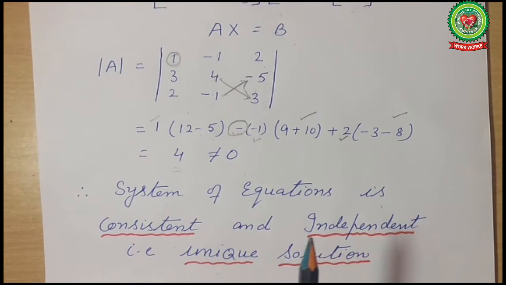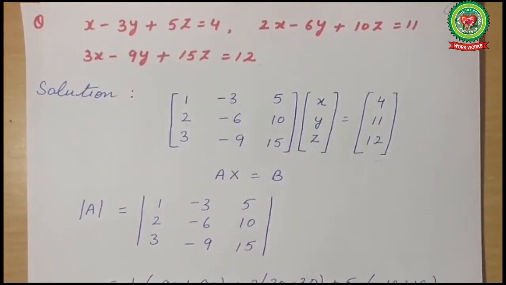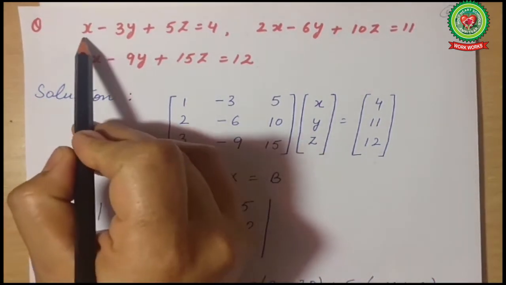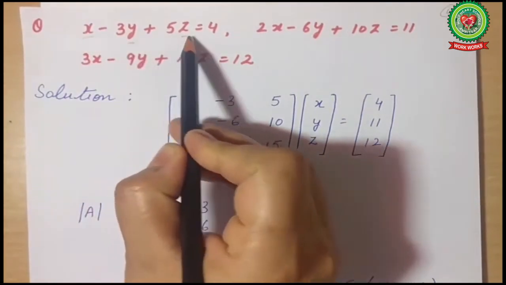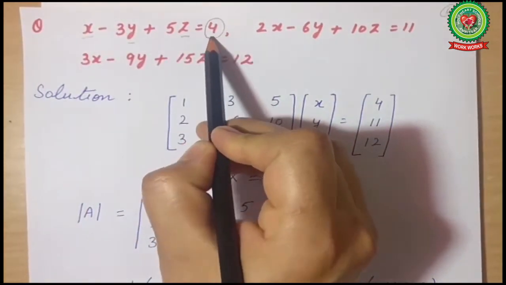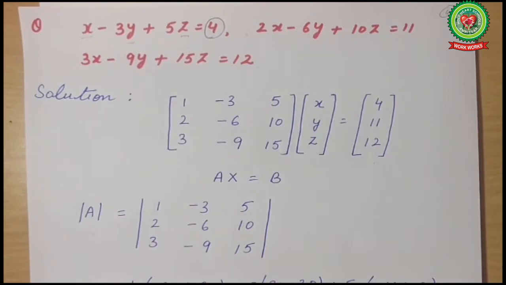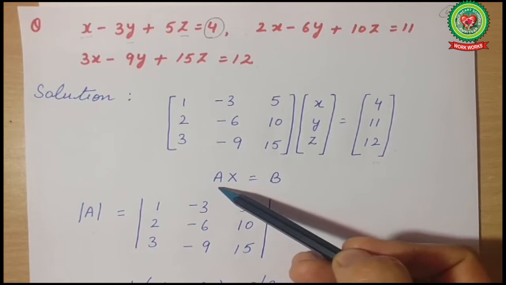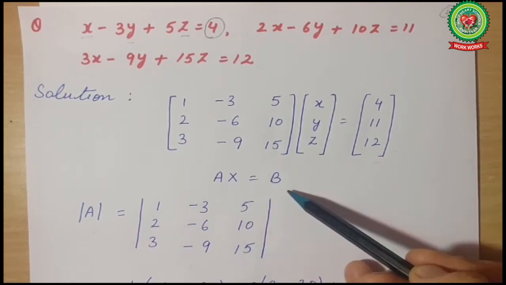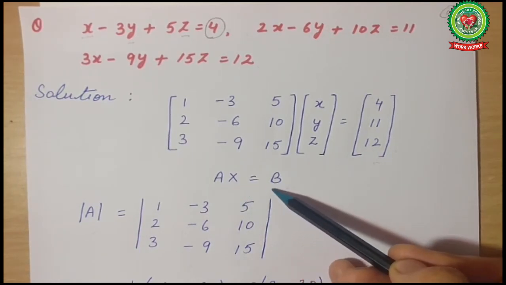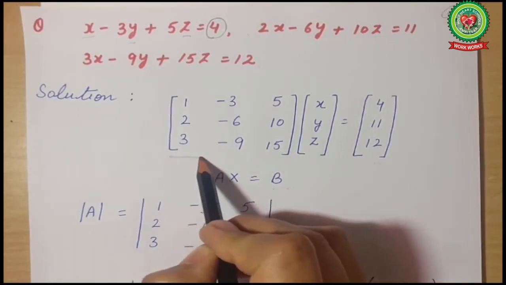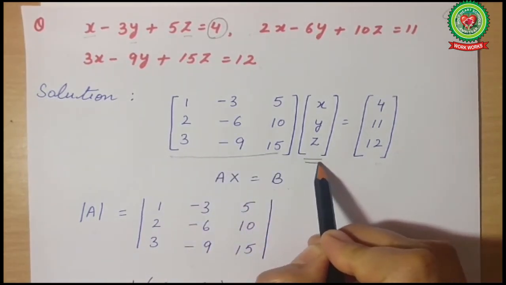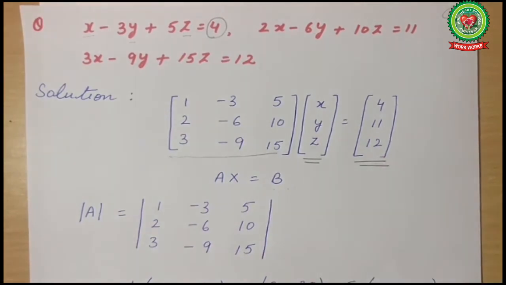Now let's take one more example to understand the topic. In this example, I have taken these 3 equations which are having 3 variables 1, 2 and 3 and one constant term. These are the values for D. Now, according to the first step, we will write it in the matrix form, AX is equal to B. The A matrix of variables is there with the other matrix B.